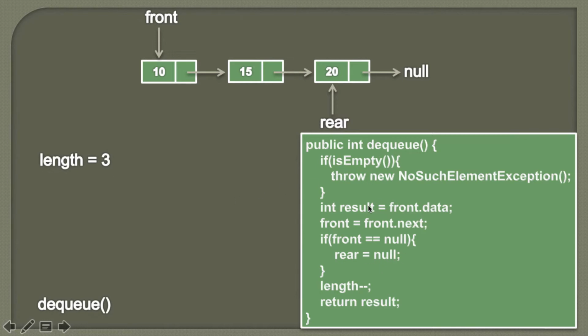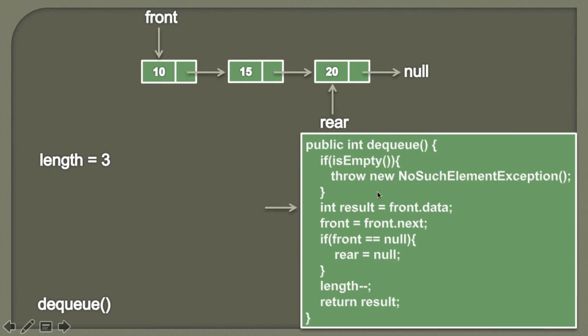So here you can see this is the algorithm for a dequeue operation. Now let's see the demonstration of this algorithm step by step. Now in the first step we will check whether the queue is empty or not. Currently, length is 3 and we know that the queue contains 3 nodes, therefore the queue is not empty. So the condition in the if block comes out to be false.